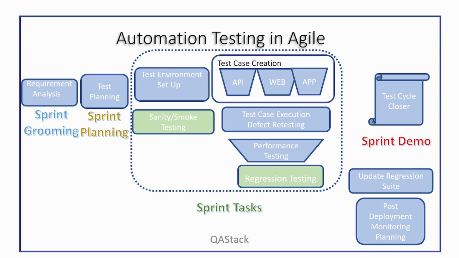After that comes the test case creation. So test cases should be created for the backend as well as for the UI. If your application has an app front end or web front end, test cases should be written for both. The test cases should be written and uploaded in a test management tool like Zephyr. After the creation of test cases, the next task is test case execution. So test case execution should be carried out, and the evidences should be uploaded again in the test management tool, which might be needed in future for doing RCA.